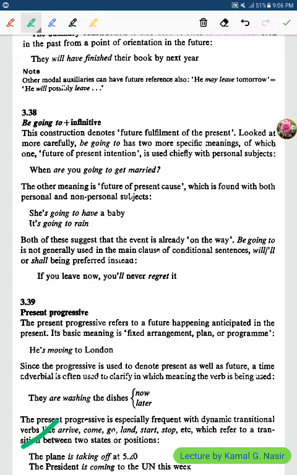Clear? The plane is taking off at 5:20. You see? Is taking off, to leave the ground or earth. You see? The president is coming to the United Nations this week. Is coming. What is the type of is coming and is taking off? If I ask you, what is the type of this tense or aspect? You say it is